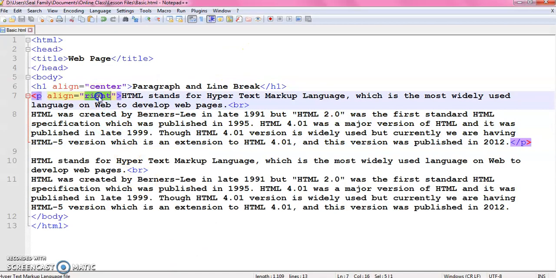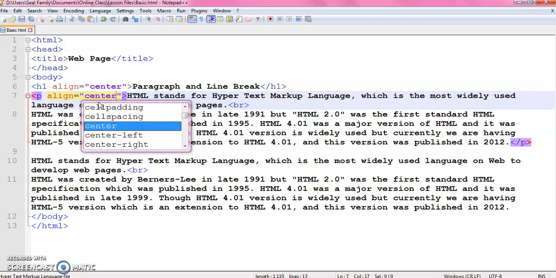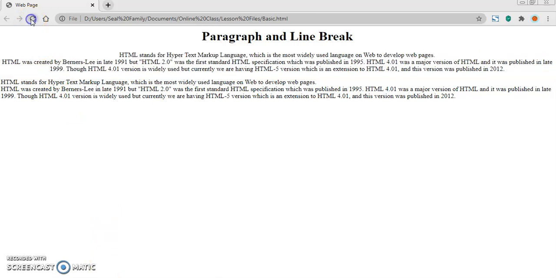If you put center for the attribute value of align, then the paragraph will appear centrally. But you can't apply any set alignment value outside the paragraph. Definitely, because the align attribute is the attribute of paragraph tag.